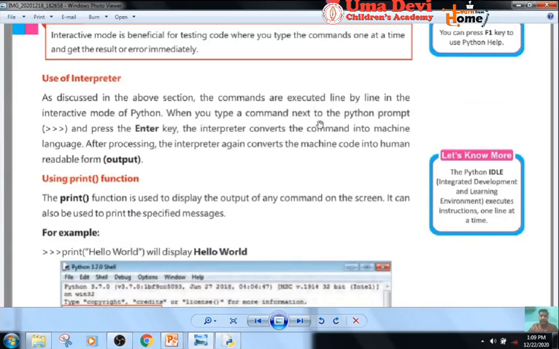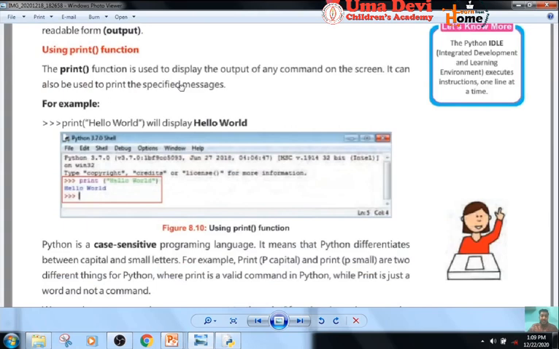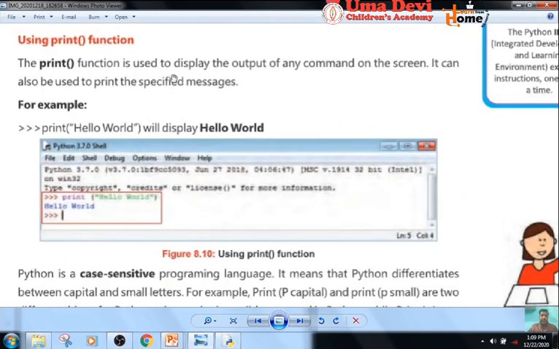When you type a command next to the Python prompt and press the enter key, the interpreter converts the command into machine language. After processing, the interpreter again converts the machine code into the human readable form, that is our output, using the print function. So the print function is used to display the output of any command on the screen. It can also be used to print specified messages.